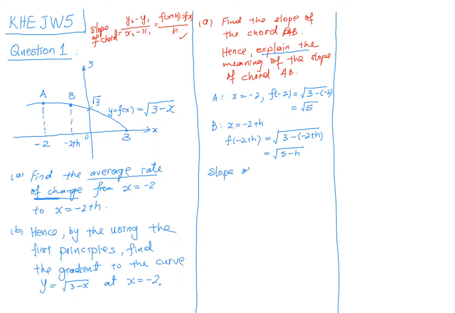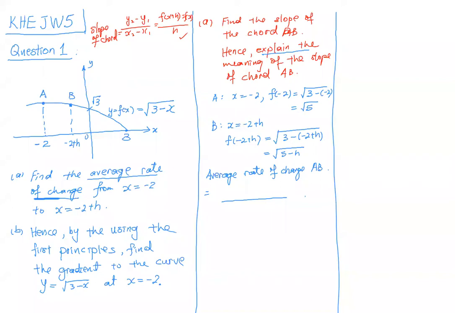Now you don't want to write slope of chord AB. What you need to do is just write down average rate of change from A to B. Okay, you can just say AB. Yeah. So you get,